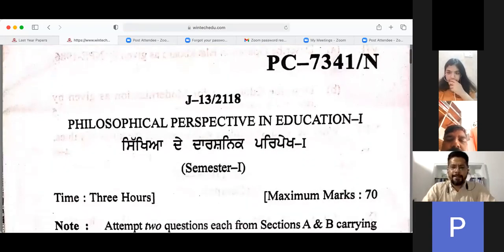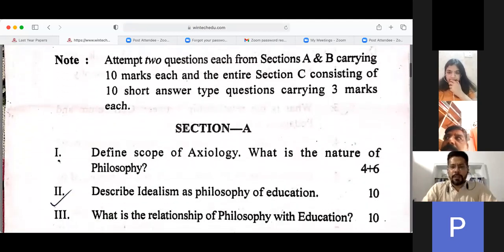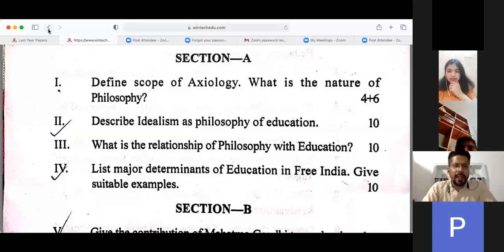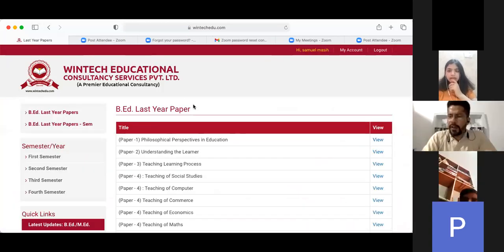So all the last year question papers are useful, because there is a higher chance that most likely the questions are repeated every year. So this would help you. This will come in handy as you go along. Is it clear so far? Yes, sir. So this is how we get access to it.